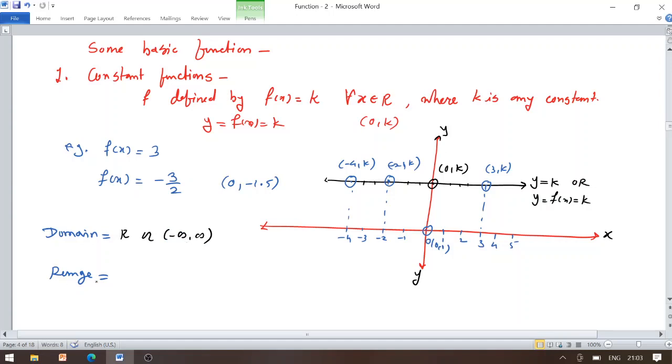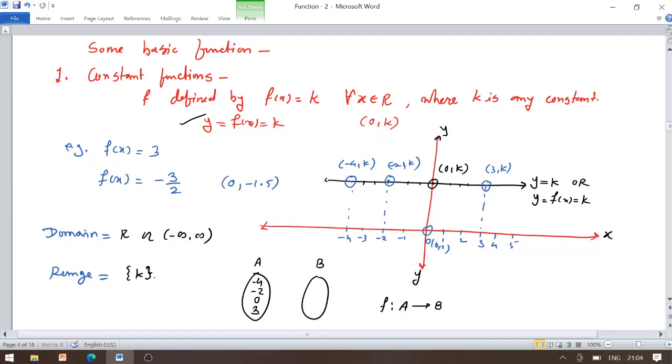While if we are finding the range for the given function y equals k, then the range becomes a singleton. That means if we would like to draw the arrow diagram for the given function, suppose I take those points which lie on a line, like minus 4, minus 2. Those are the values of x which belong to the set A as per the definition. If the function is from A to B, then the images of all x's belong to the set B.